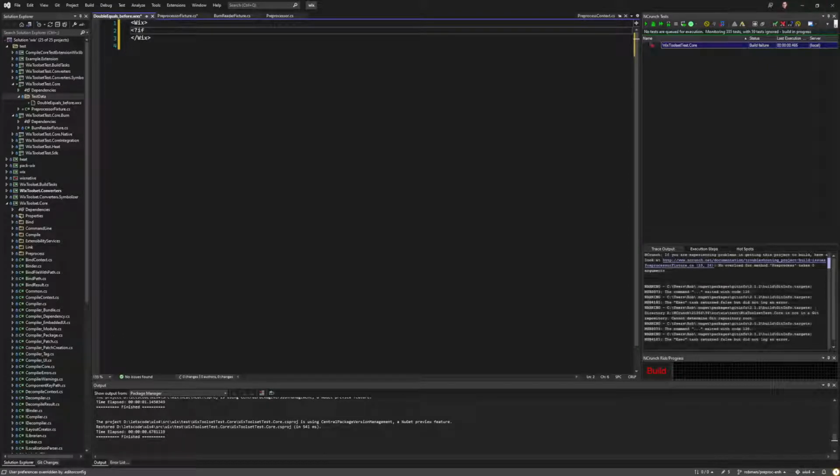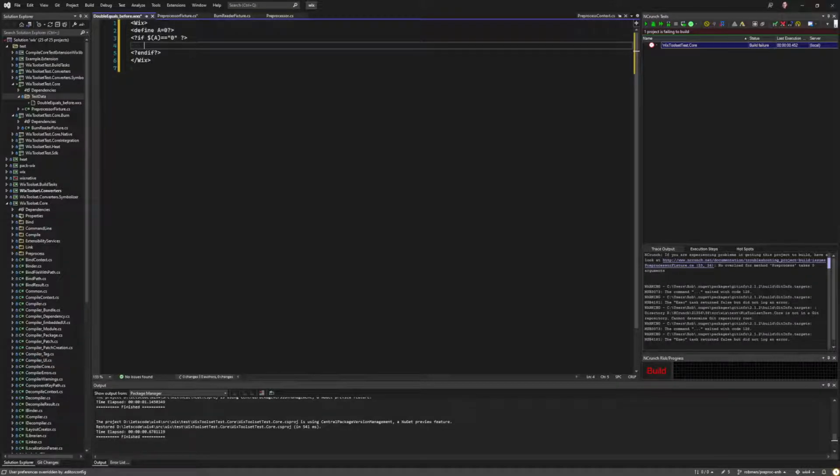If A equals 0, define A equals 0. Fragment. There we go. This has to be valid XML, but that should be enough. So that's our before. And if we copy this